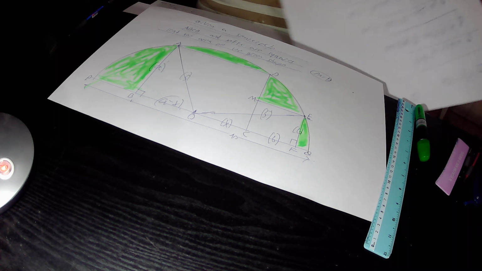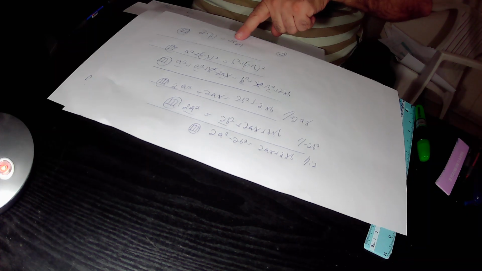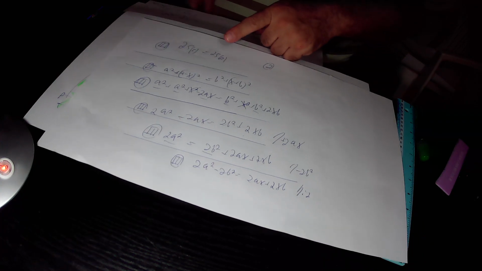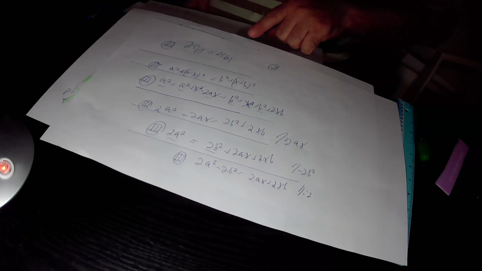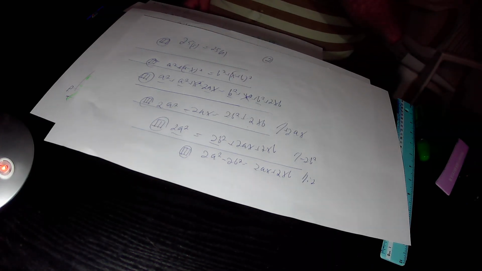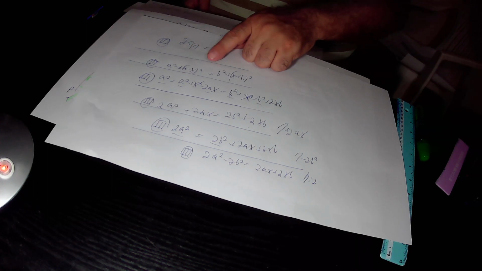Again, we can do equation 3 that says that 25 according to equation 1 must be equal to 25 according to equation 2. 25 according to equation 1 equals a squared plus (a minus x) squared, and 25 according to equation 2 equals b squared plus (x plus b) squared. Here we open the brackets on both sides of this equation and finally find out that a squared plus (a minus x) squared